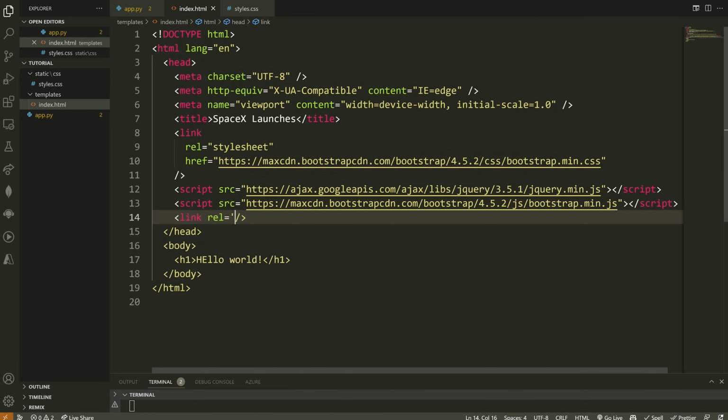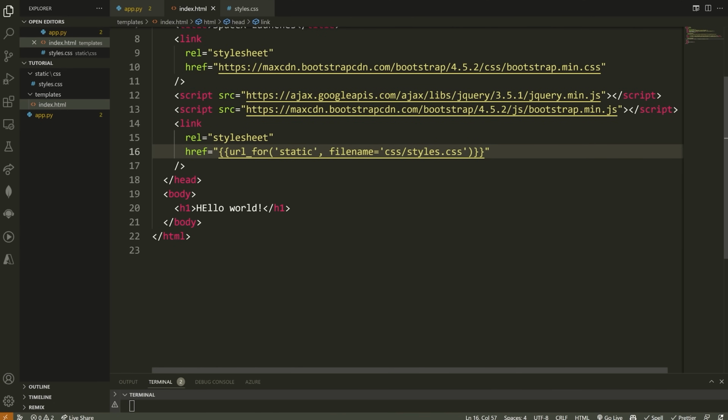We're going to say rel is equal to stylesheet, and then we are going to say the href, so the location for this style sheet, is equal to, and make sure you have exactly what I put here, so 2 braces, and then url_for, and then this is going to be static, and we need to make sure we do a different set of quotation marks. I'm going to do single quotation marks here, and then the filename is going to be equal to css/styles.css. Okay, so let me just save that so we get the auto formatting.